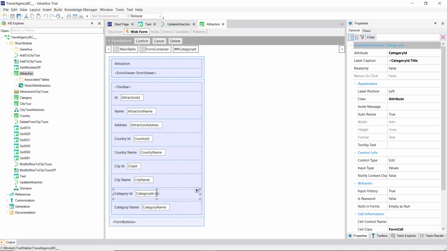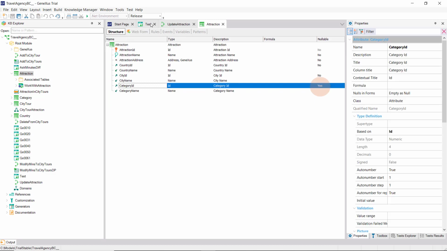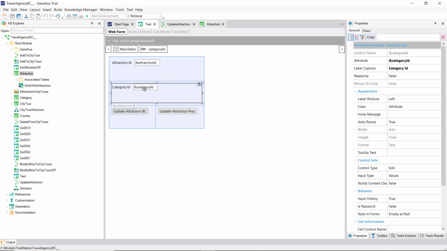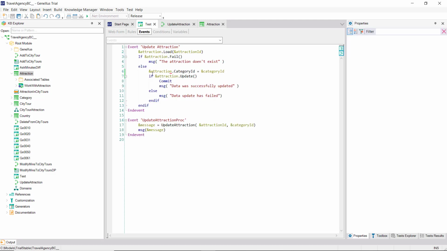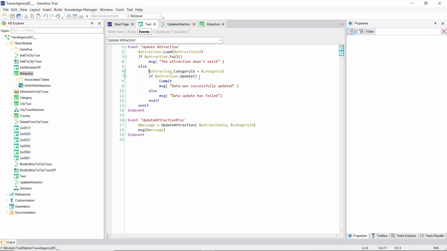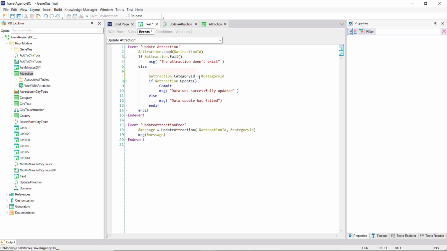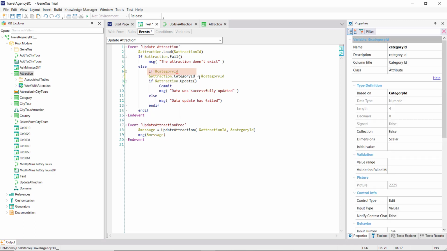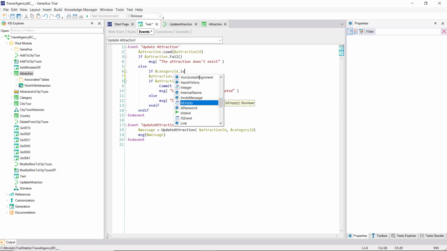But this doesn't apply when the update is made through the business component, which does not have a form. Therefore, if the category ID variable is empty, this element will be left with an empty and not null value. And this is why the referential integrity fails when trying to update. We have to specify the null value if the variable is empty. There are two ways to do this. Either we do it locally, only here, or we do the same mapping that gets the attribute property, but this time also valid in the business component, wherever it's used.